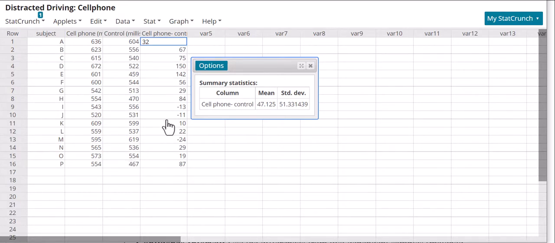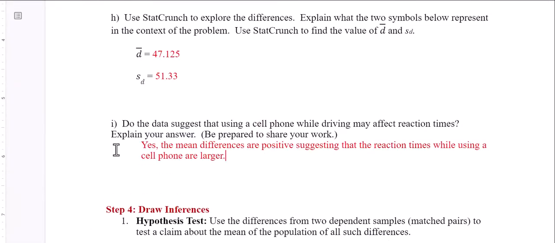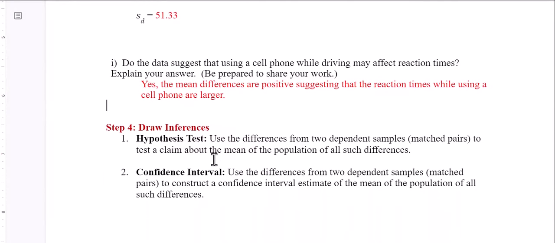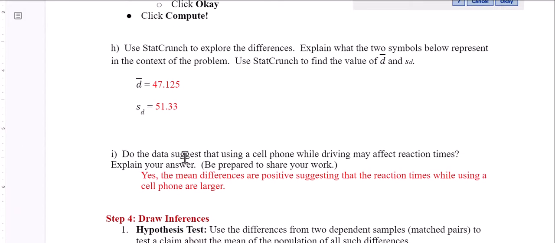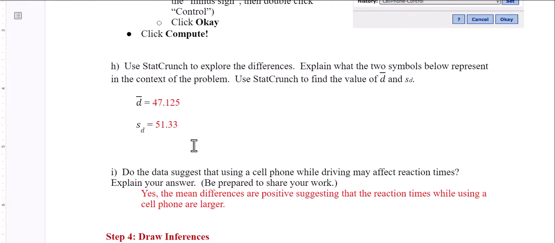So the data suggests that there is a delay in response while you're talking on a cell phone and driving. We can say the mean differences are positive, suggesting reaction times while using the cell phone are larger. To show your work, point to the data in StackRanch. Our mean difference is positive, so we have something to go for. If you were creating your own study, which I will post your assignment for later this week,